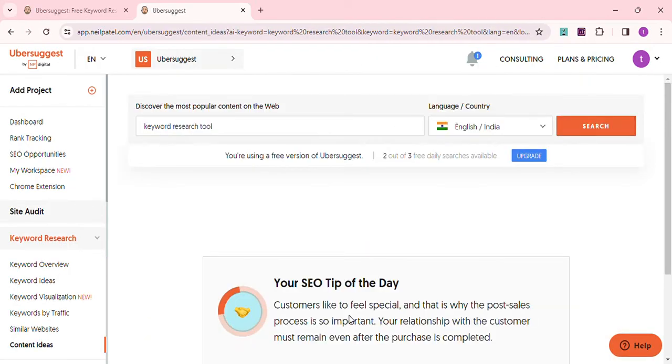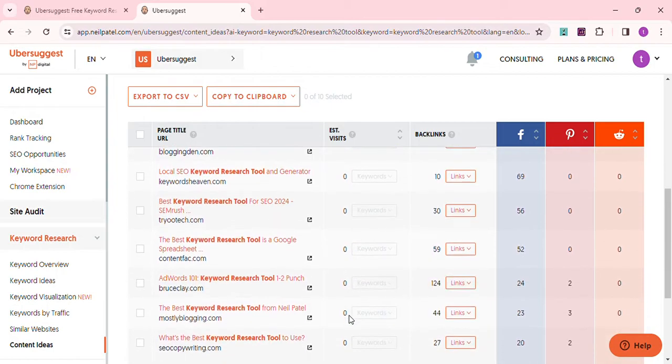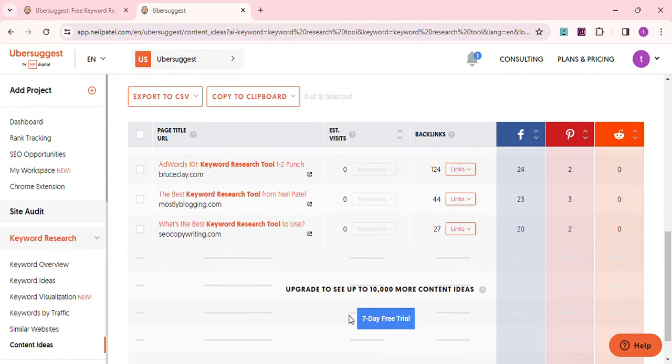If you click on this view all content ideas, they give you more word searches, and again, of course you can upgrade to 10,000 more content ideas if you opt for a paid plan. This you get in a free plan. Okay,